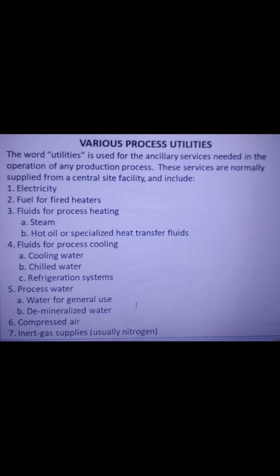Some plants generate their own electricity using a gas turbine cogeneration plant with a heat recovery steam generator to raise steam. The overall thermal efficiency of such systems can be in the range of 70 to 80%, compared with 30 to 40% obtained from a conventional power station, where the heat in the exhaust steam is wasted in the condenser.